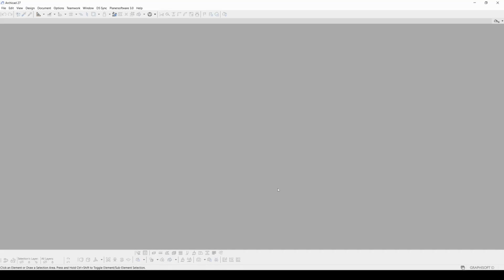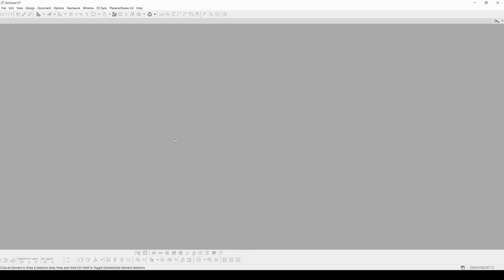Today we are going to start a new Archicad training series. We are going to learn Archicad from scratch and you will learn everything, and you will see how we are going to achieve very big progress using Archicad. Now, as you can see, we have started Archicad completely blank and you will only see some options, some menus right here, and I will introduce what these are one by one, and also we have a very interesting learning